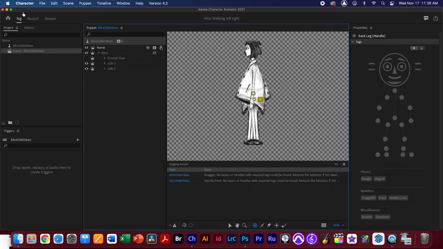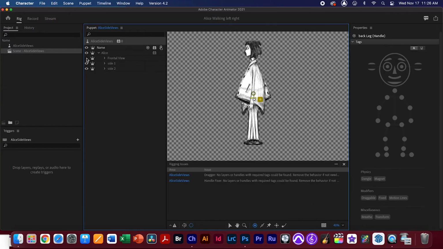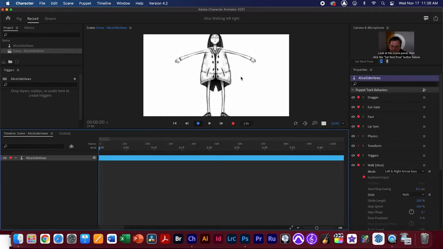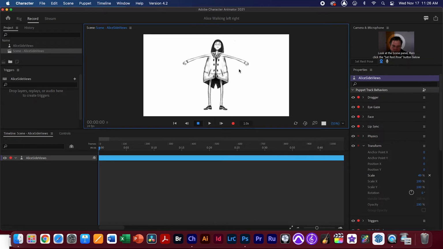So let's take a look at how this is going to work in our recording system here. And I want to make sure, again, all three views are turned on so that when the view is frontal, what we're seeing is the frontal view, and that's just how the walk behavior works. If you're not walking left or right, you're actually just seeing the front view. I'm going to make the scale a little bit smaller so you can kind of see her and see how she works. Obviously our head's a little bit stretchy. We haven't actually rigged the front view, which we need to do, so I can't grab any of these handles yet. But if I go into my left and then right, you can kind of see the